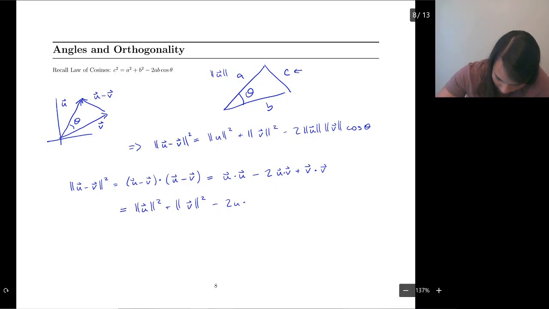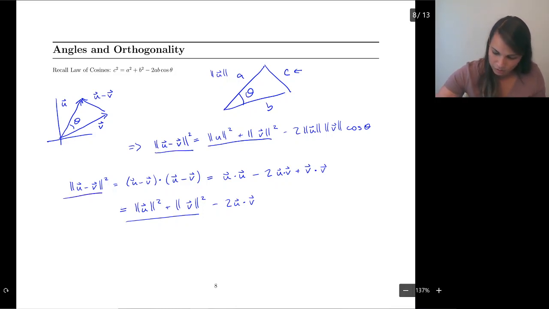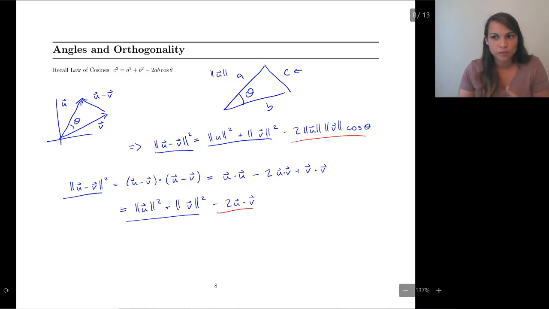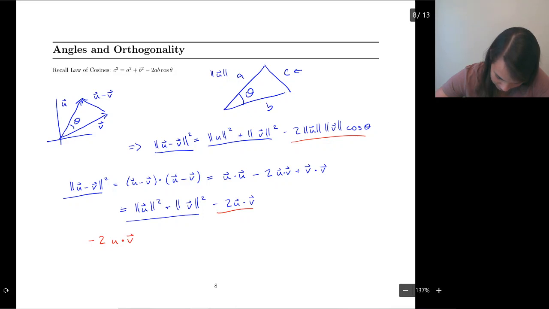Oh, I dropped my dot product. Bad. There we go. So now notice that this part matches this part, and so the only thing that's left over is that guy and that guy. So those guys have to be the same then. So that's going to give us negative 2 u dot v is equal to negative 2 magnitude of u, magnitude of v,